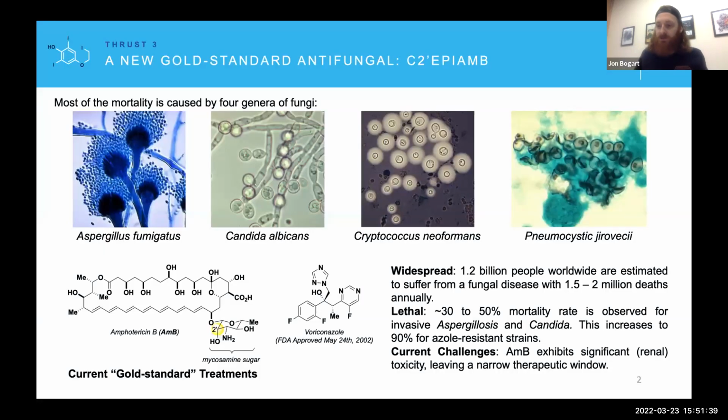So amphotericin has served as the gold standard for the treatment of life-threatening systemic fungal infections for more than half a century. And despite its high potency, relatively rare occurrence of resistance and broad spectrum activity, amphotericin is unfortunately highly toxic. The effective treatment of those deadly fungal infections is often prevented not by a lack of efficacy, but by these dose-limiting toxicities. So because these systemic fungal infections represent a huge threat to human health worldwide,